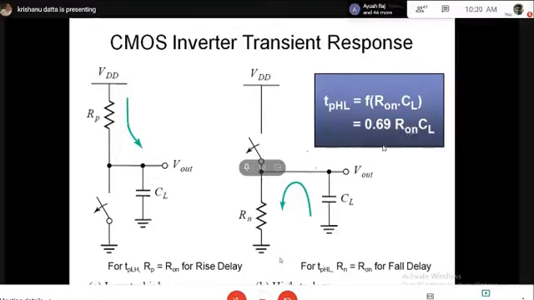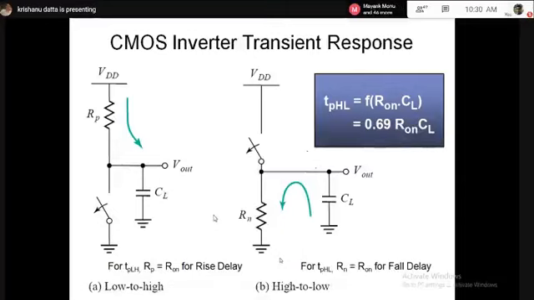Obviously, in the RC model, the delay depends on the RC time constant. So these basic circuits you have studied before. So I'm just connecting it with the transistor concept, and that's it. Okay, so if you really want to have equal rise delay and fall delay, then what will happen? That will only happen when Rp equals Rn. And a few slides back, I already explained what the parameters are on which this resistance depends, the channel resistance.